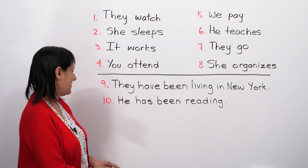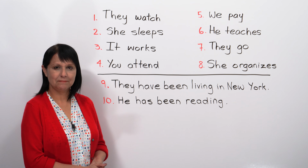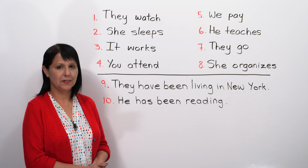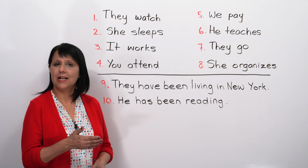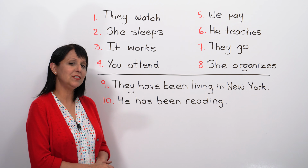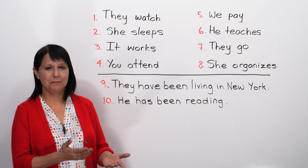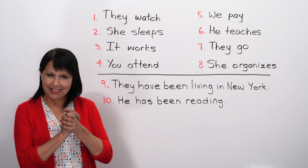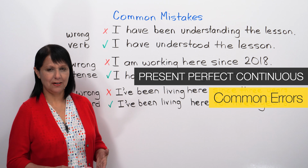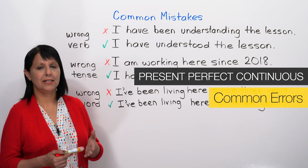Good. Number 10. He has been reading. Make it negative. He hasn't been reading. And make it a question. Change the order. Has he been reading? Okay, that's super. So now, let's look at some common mistakes that are made with this tense and how you